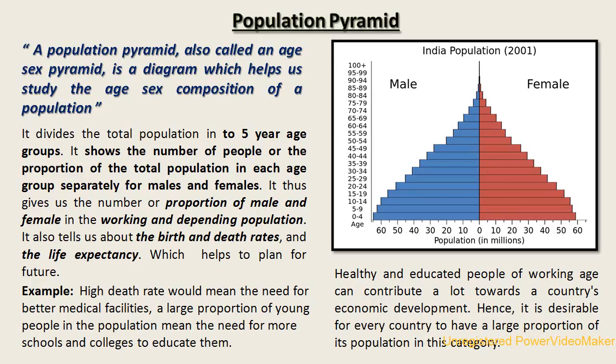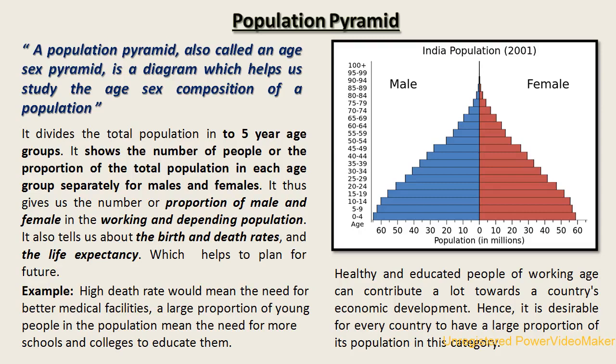Next main category is population pyramid, the main topic which we are going to discuss. On the right side of the screen you will find a small diagram. In that diagram, on the left end of the diagram you will find age. Next you will find, in blue color the male category and in red color the female category. At the bottom you will find the number of people residing in each category.